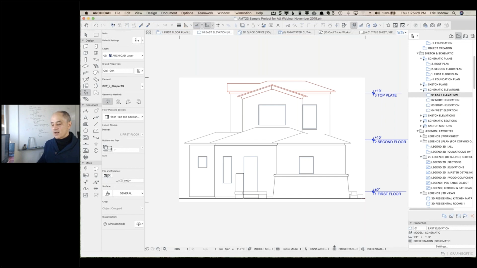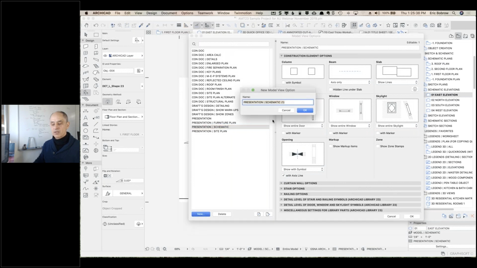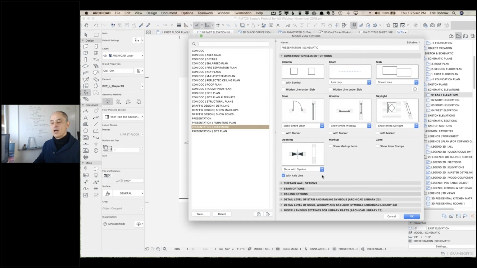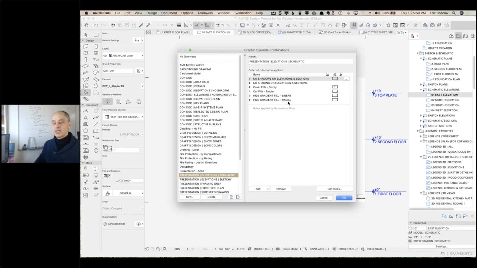So how is that done? That's done using a particular choice in the model view options, which you can set up. You can basically create new ones anytime you want. It'll make a copy of what you've got, and you can change the settings of how the elements are viewed. And then you can also, of course, use the graphic overrides. And this one is set to turn off shadows and shading, as well as turn off the cover fills, which are